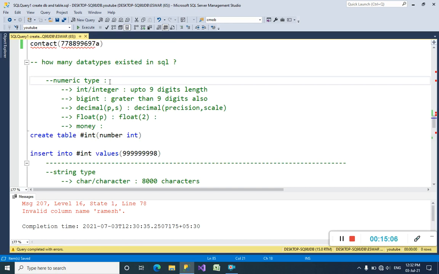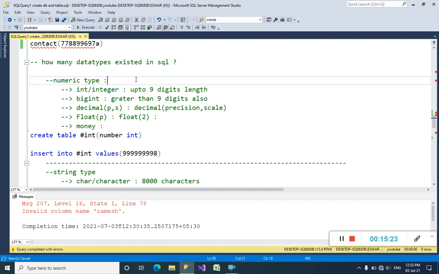Numeric types will help us store numbers. Guys, suppose you want to create an employee table.